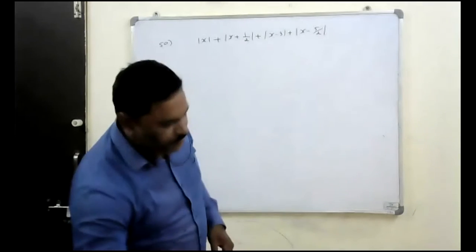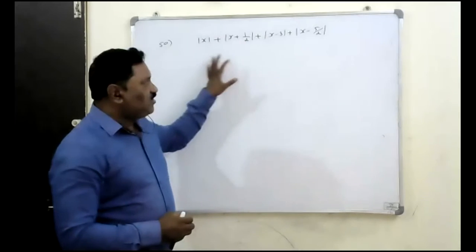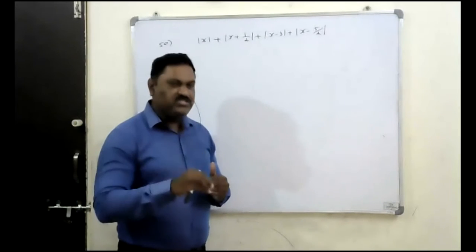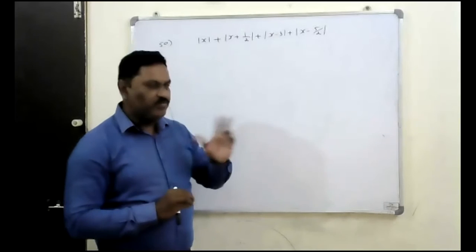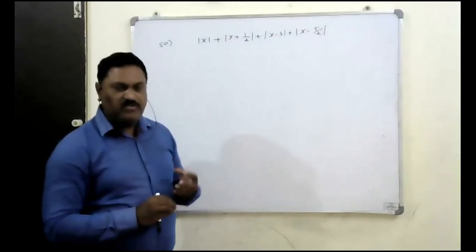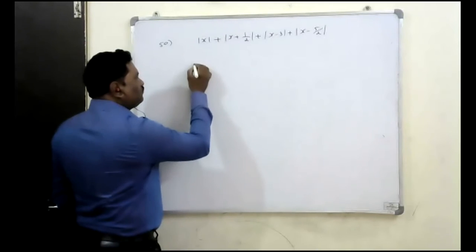To find its minimum, one way is a graphical approach. We will try to draw the graph of that, and from that graph we can identify it. Of course, at this stage, you may feel it is difficult. That's why I'm not going to the graphical approach. Here, there is one formula we'll give. We will apply that formula for finding its minimum value. Remember that.